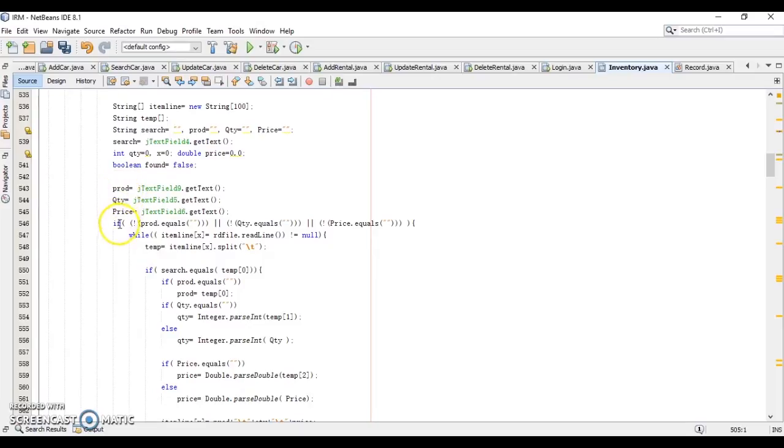So if product name is not equal to null, or quantity is not equal to null, or price is not equal to null, then the item line X will read the line,